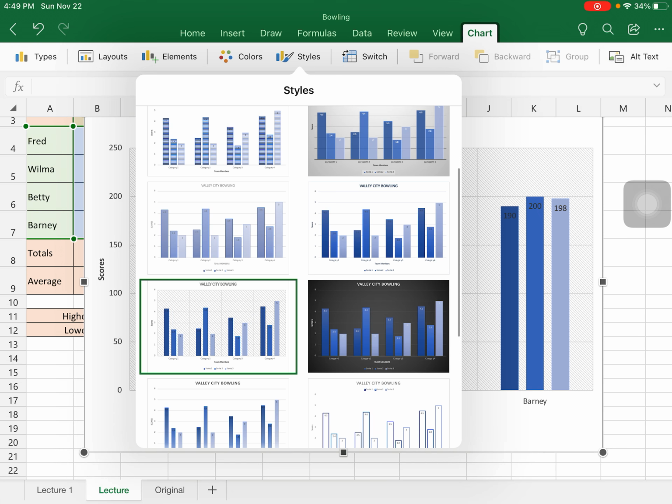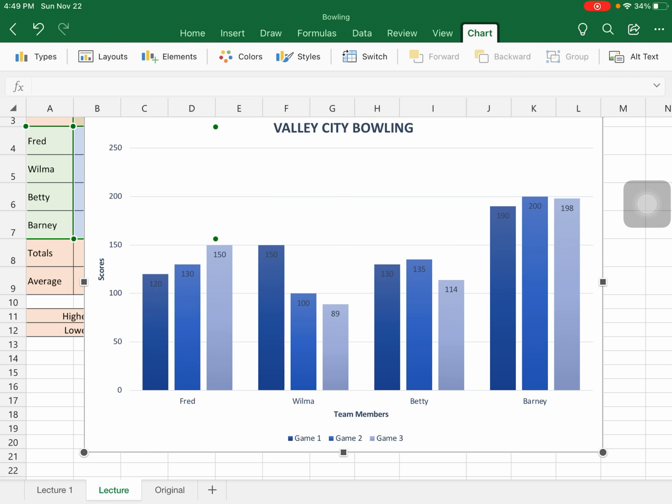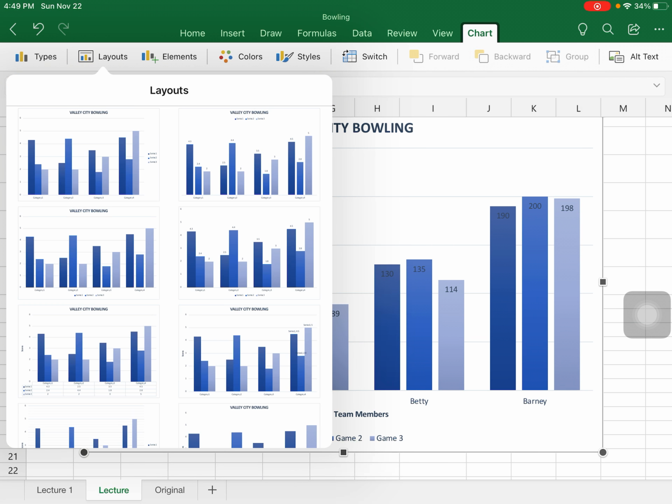So you can just kind of flip through some of those. Okay, along with colors and styles, we can go back. I'm going to go back over here. Now we're going to go to the layouts. Now that we've gone through all the stuff that you can add to it, if you look at your layouts,